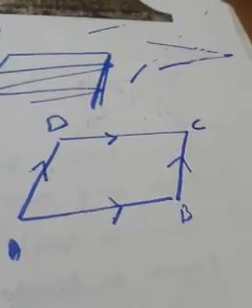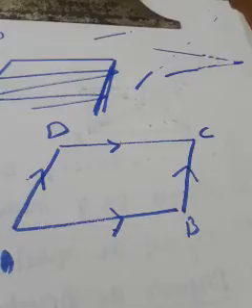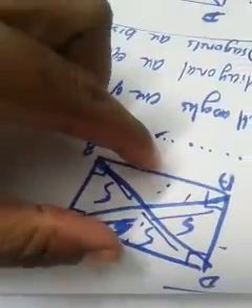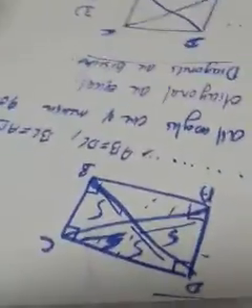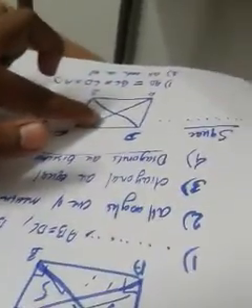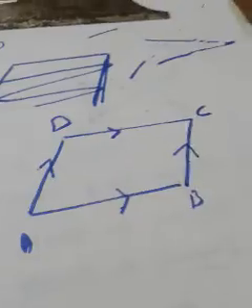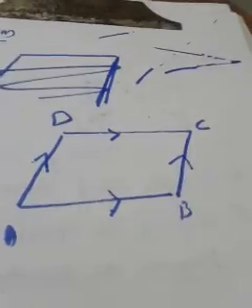So can I ask you a question? Can you call a rectangle a parallelogram? Of course, yes. Why? Because in the case of a rectangle also, if you extend the opposite sides, they will not intersect. So a rectangle is a parallelogram. Then can you call a square a parallelogram? Yes, of course. We can call a square also a parallelogram.